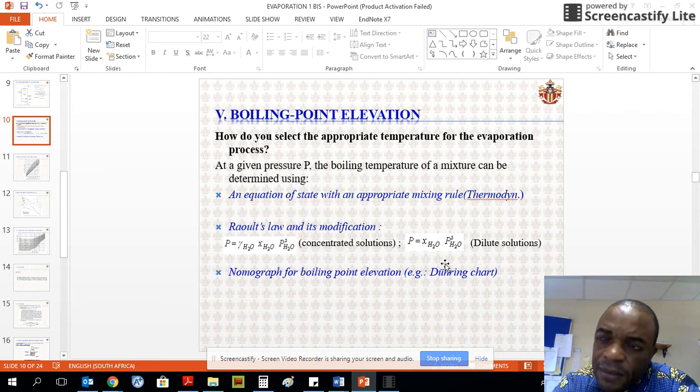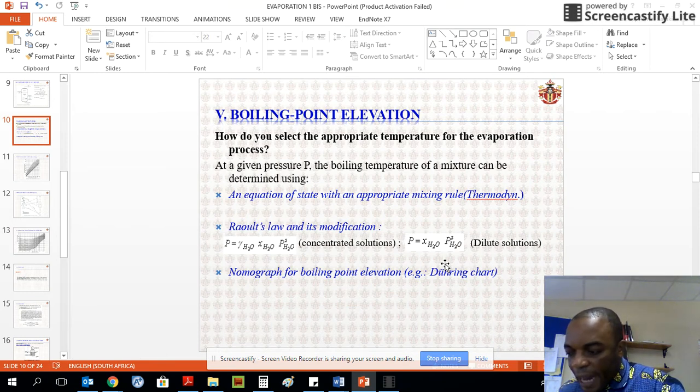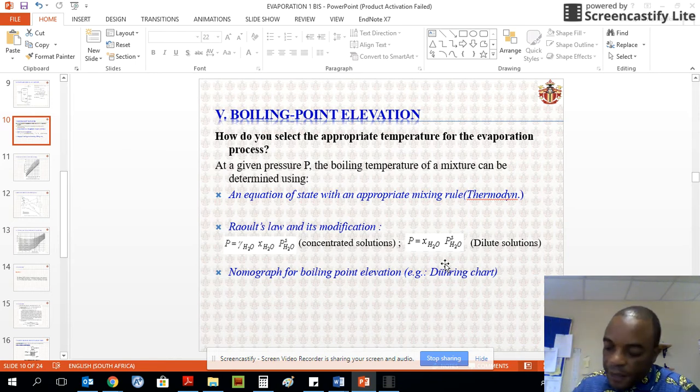What is the correct temperature at which your evaporator should be set to ensure that your solvent is evaporated? That question amounts to finding the temperature at which your mixture, which is supplied to your evaporator, is going to boil. So here, for you to determine the appropriate temperature of your evaporator, you have to determine the boiling point